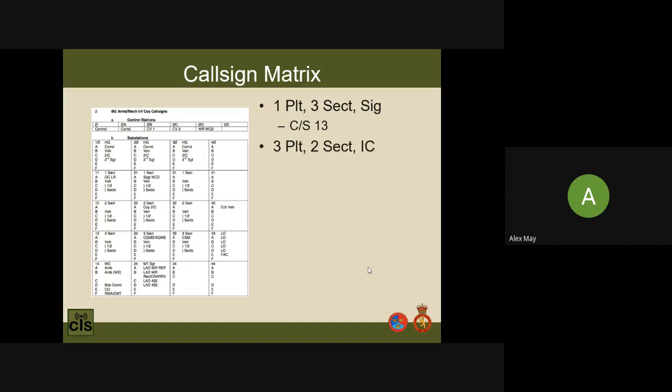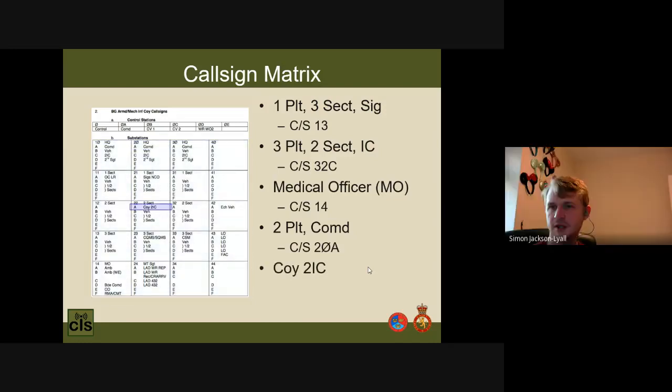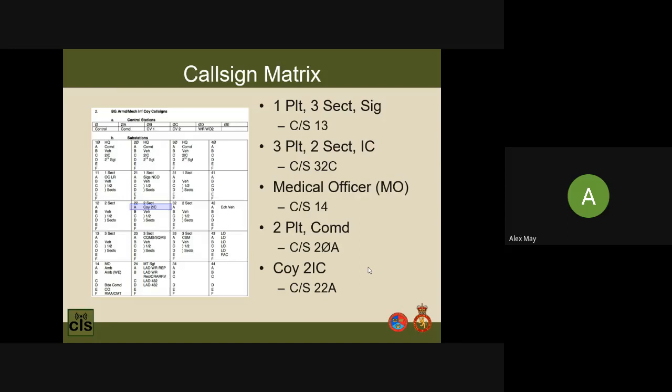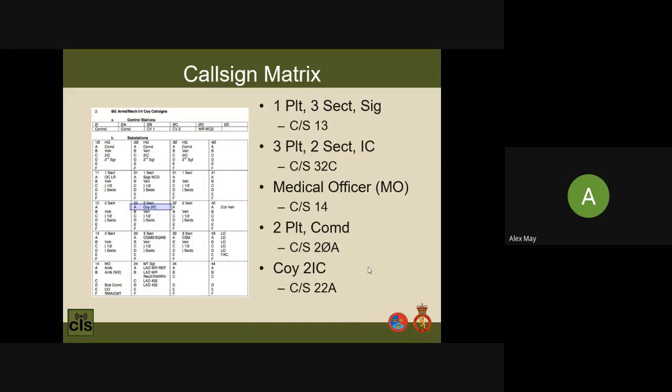Next one, 3 platoon. So that comes up in 3 platoon. 2 section is that box of 3 platoon, and then the IC is that one. So the call sign is 3-2 Charlie, etc. And I think I've done 4 or 5 of those. I've done 5, I think. Hopefully covering weird ones. So, there's a weird one. It's somewhere in the big blue box. But hopefully that's a bit better and much more guided for people.